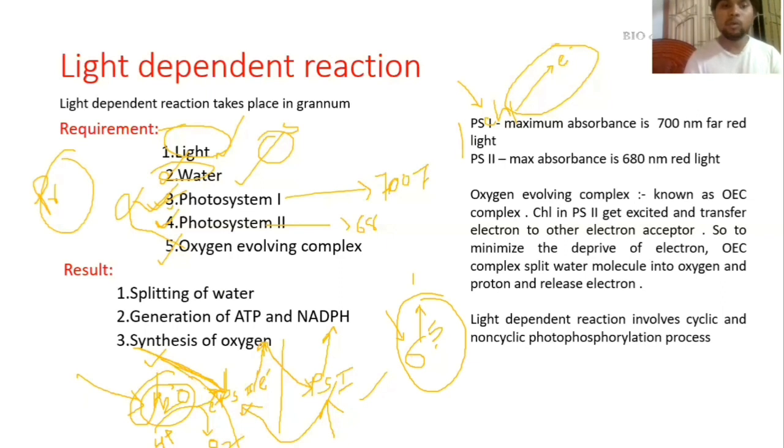So whenever the light excites the photosystem or chlorophyll, it can give the electron to photosystem 1, to move the photosynthesis process forward. So I think it's understandable why water is required for the photosynthesis process, for giving the electron. This is the electron donor. So this is the function of the oxygen evolving complex. So you have seen light, water, photosystem 1, photosystem 2, and the oxygen evolving complex. What is the function of them?